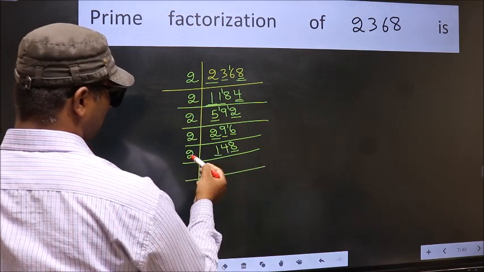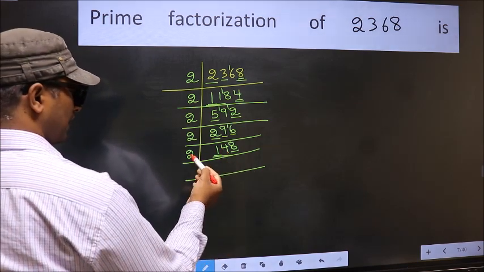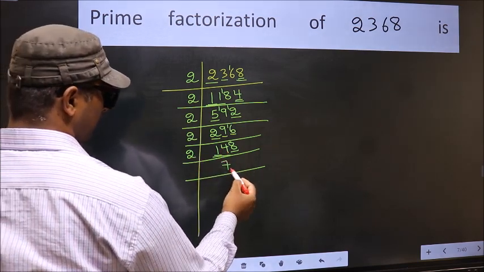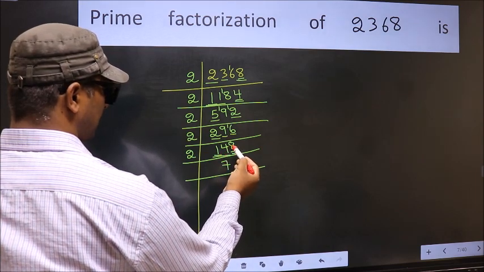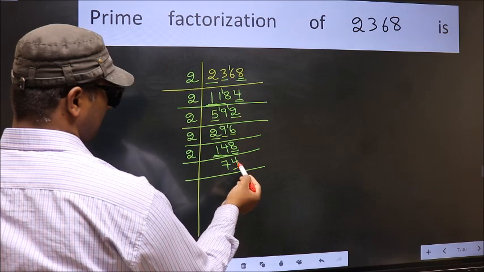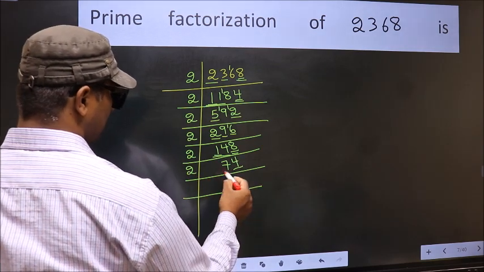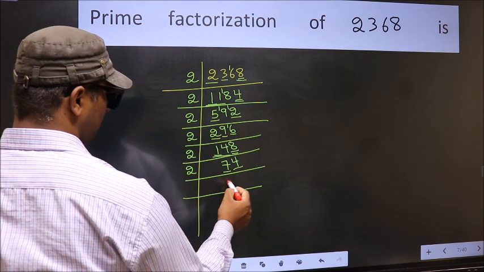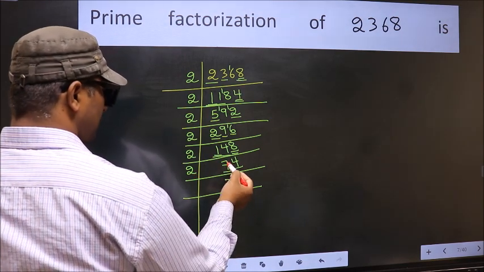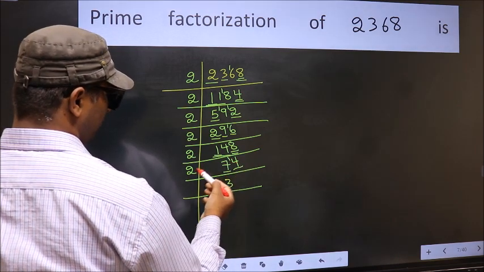First number 1 is smaller than 2, so take 2 numbers, 14. When do we get 14 in the 2 table? 2 7s 14. The other number 8, when do we get 8 in the 2 table? 2 4s 8. Now the last digit 4 is even, so take 2. First number 7, a number close to 7 in the 2 table is 2 3s 6. 7 minus 6, 1, 1 carried forward, 14. When do we get 14 in the 2 table?